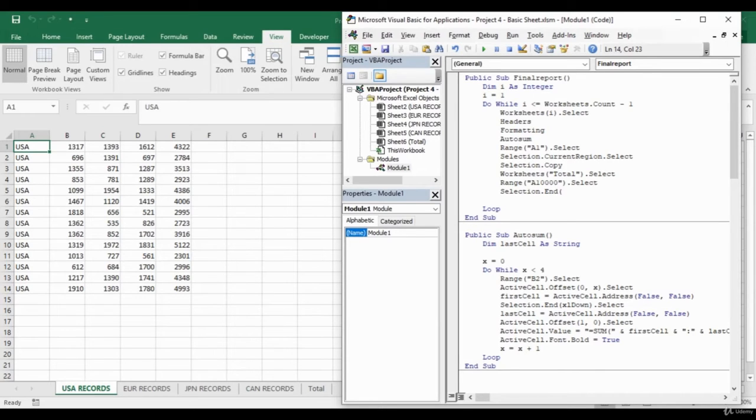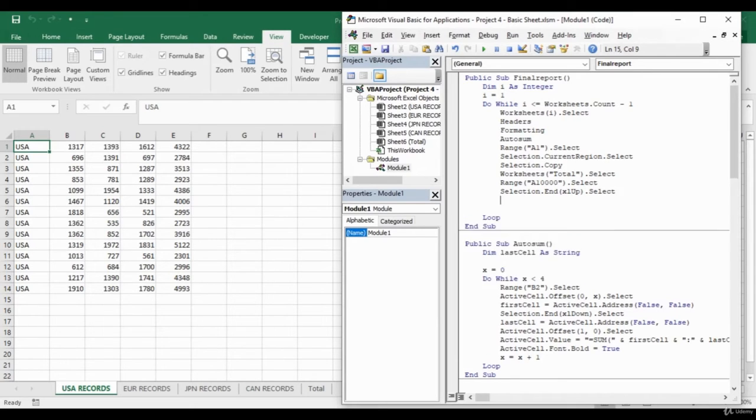So instead of Excel down, which you would have already given, now we are going to give Excel up dot select. That's it. It is going to find exactly where the last previous value is available. And then you can give active cell dot offset. That means how many cells after that you need to paste the data.